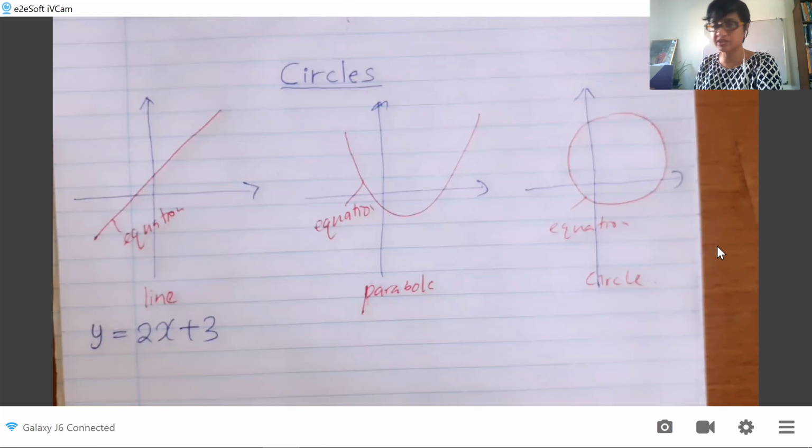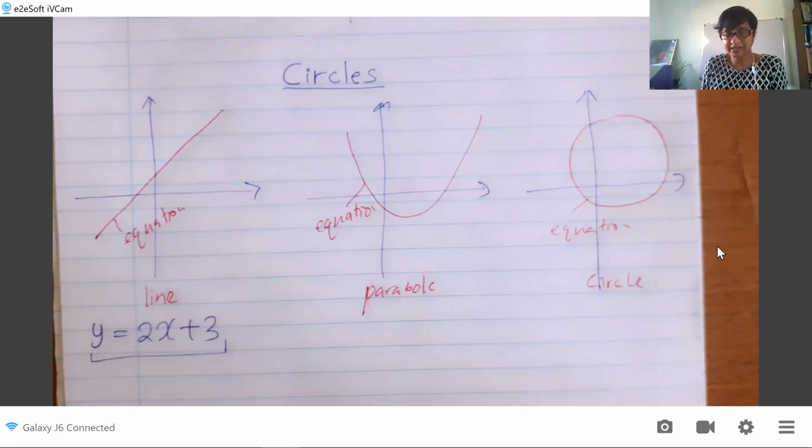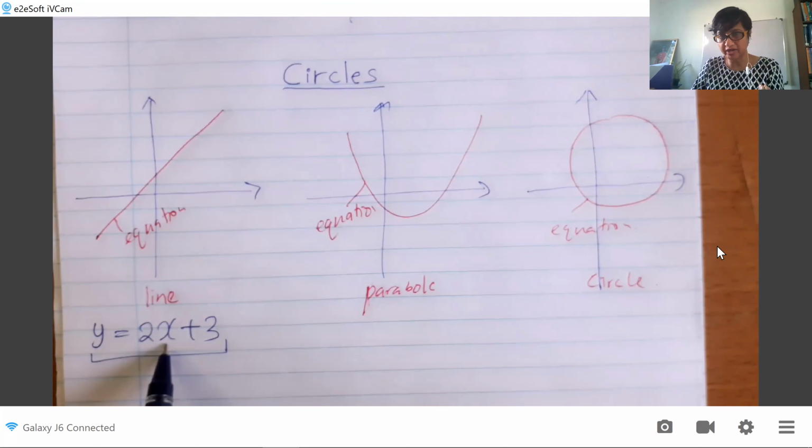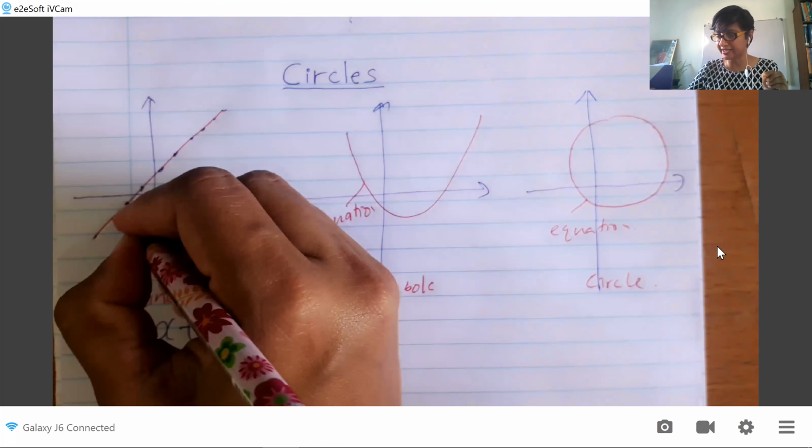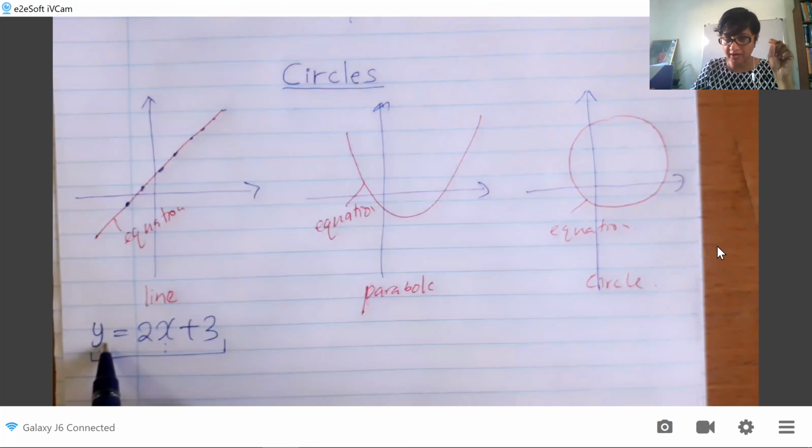What does this equation give you? It is telling you the relationship that the x coordinate and the y coordinate of any point on this line has to hold. If you take any point on this line, the y coordinate of that point should be